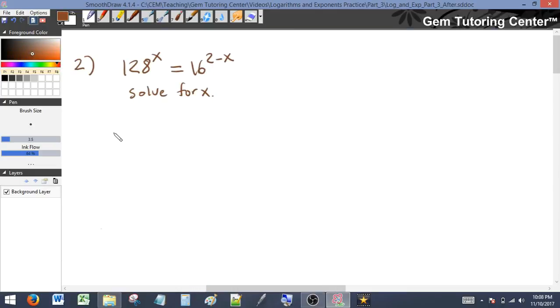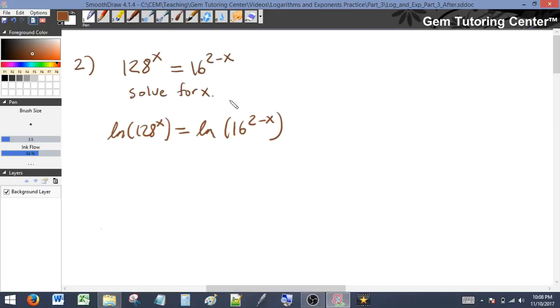It says here 128 to the x equals 16 to the 2 minus x, and we need to solve for x. So the first thing we're going to do is try to bring these exponents down, and we're going to take the log of both sides. I'm going to take ln, so ln of 128 to the x is equal to ln of 16 to the